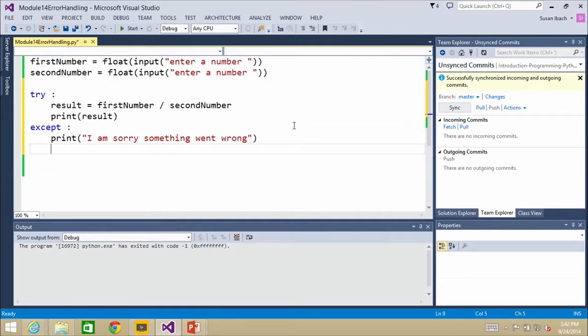As Susan is typing all this out, I just want to mention real quick, somebody asked in the chat window about the possibility of throwing your own exception. You can absolutely do that. There's a raise function that you can call to raise a brand new exception, and that's something you might decide to throw into your functions and so forth. For right now, we're focused on error handling, but to answer the question, yes, you can.